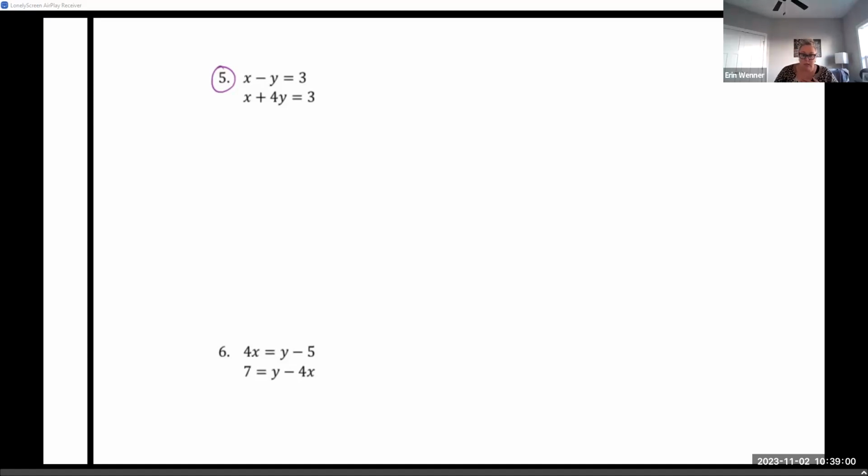So my choice here would be to eliminate the y variable by taking this first equation and multiplying it all by 4. So I'm going to have 4 times x minus 4 times y equals 12, right? I'm multiplying each of these terms. If I take this second equation and bring it over,